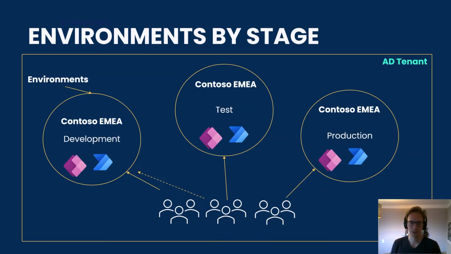And then for each area or for each audience, we should create one environment per stage. So this means one development and one production environment. We recommend test environments as well, at least if you have highly complex applications. There you should have a proper staging in there, but at least even with smaller applications, there should be a